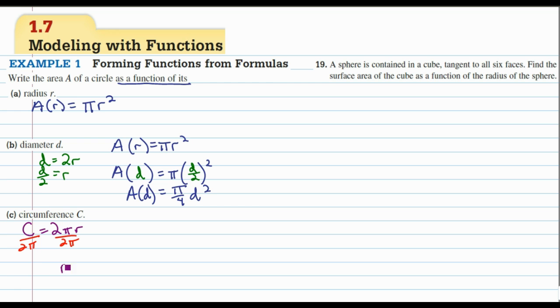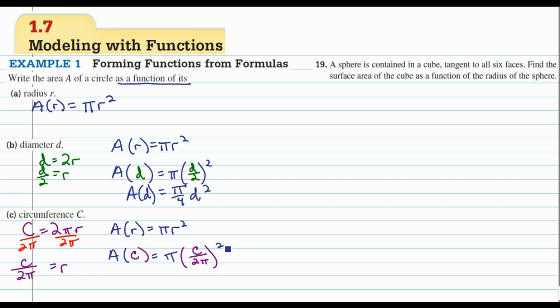And I get radius is the circumference divided by 2 pi. So instead of A of R equals pi r squared, I'm going to do A of C, the circumference, and the radius as a function of the circumference is C over 2 pi,